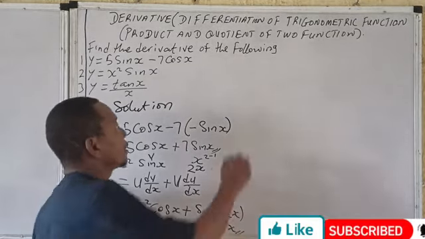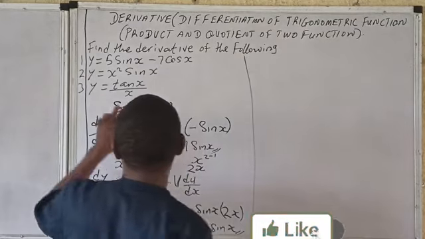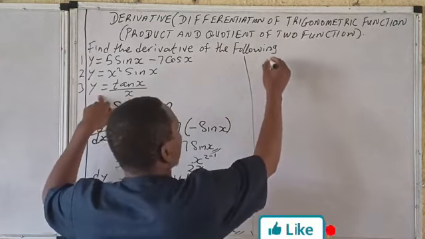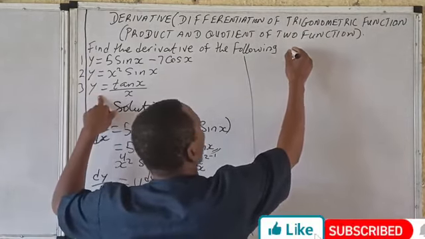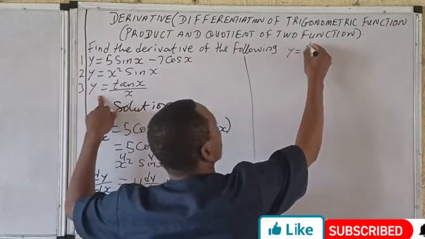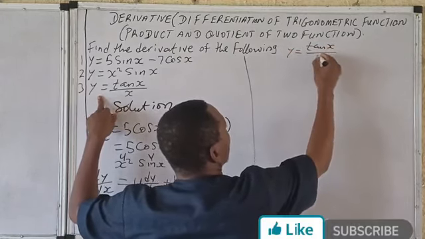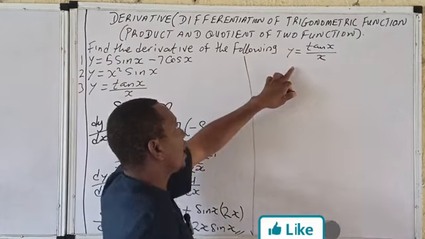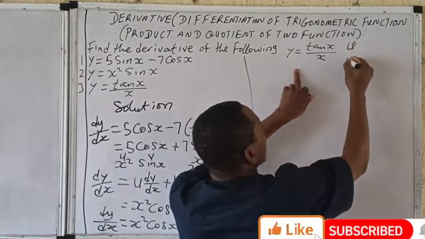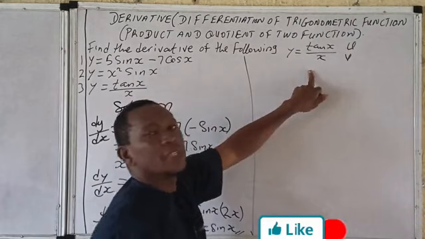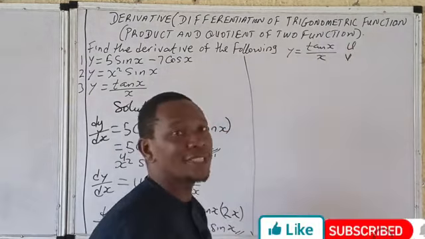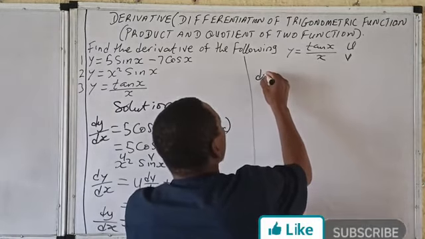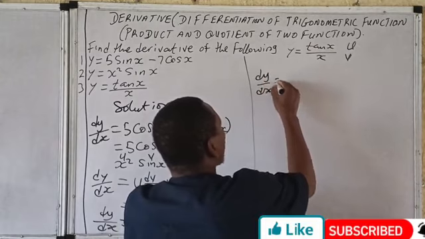The next and the last one is simple. Let's rewrite this first. We have y is equal to tan x all over x, and you're asked to find the derivative. Now, this is our u, and this is our v. This is division, so this is actually the quotient rule. So the formula: dy/dx is equal to